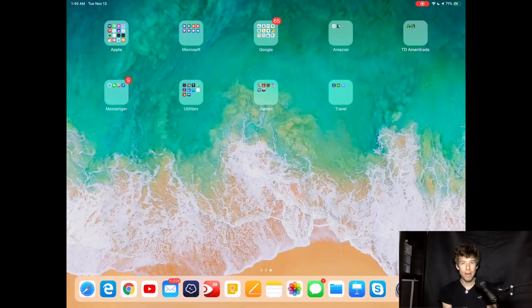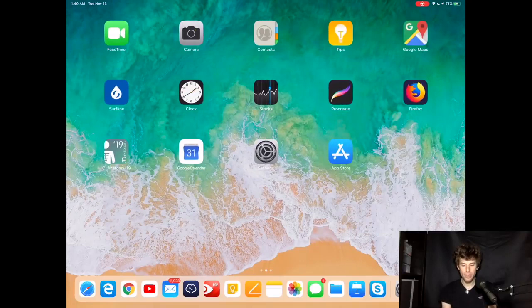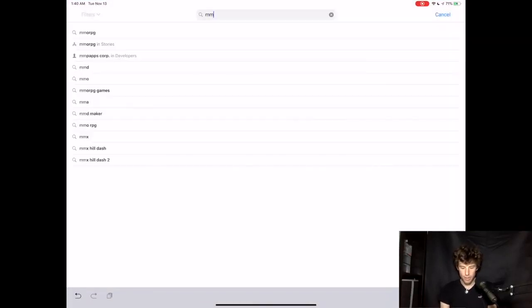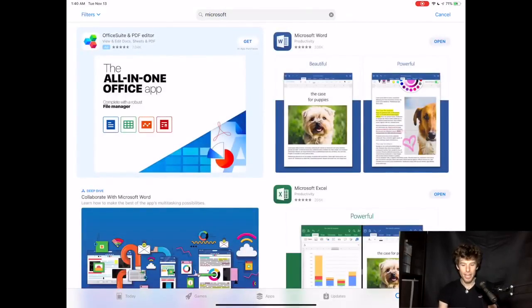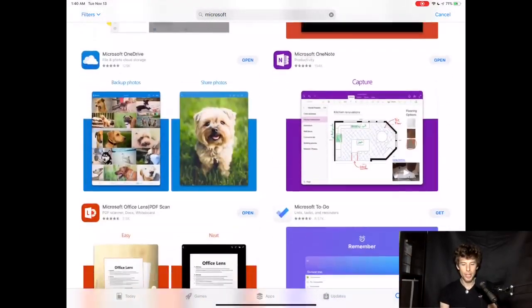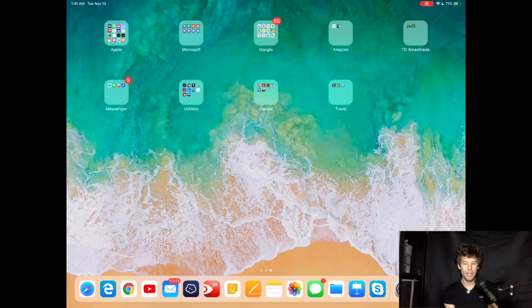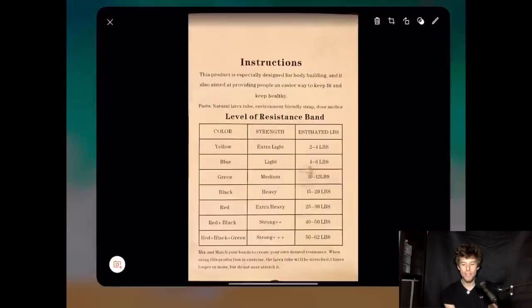Now to download the Microsoft and Google apps, you can go to the Apple App Store, and then you can click Search. From there, you can type in Microsoft or Google, and then you'll find the apps that you want to download. One Microsoft app that's really useful but that you may have not heard before is called Office Lens,